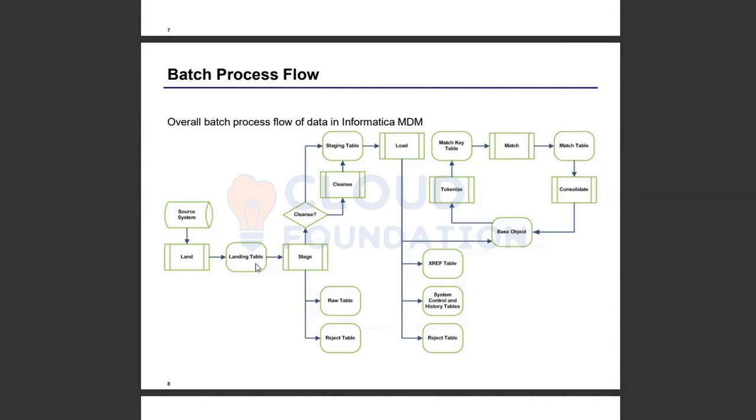The landing data which is sent to stage runs through mapping. We have a mapping inside MDM as well. That mapping will have a certain number of cleanse functions involved. Else, that would be a pass-through mapping. And according to what configuration we have done in stage, there might be a certain number of records which will get rejected.